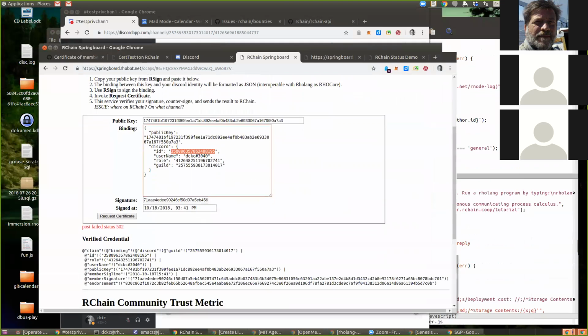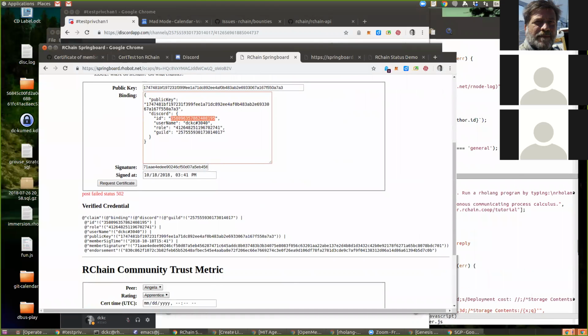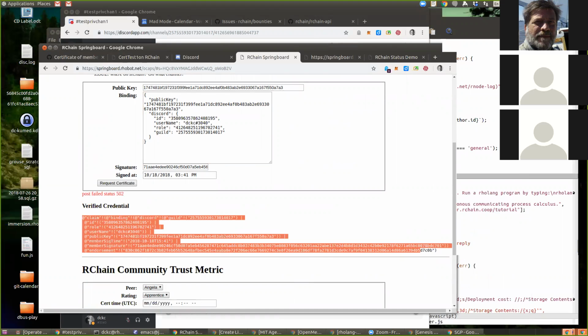So currently I have not been putting this thing on the chain. Any thoughts on where to put it? You could use my key value store. Oh, I guess you already have something.